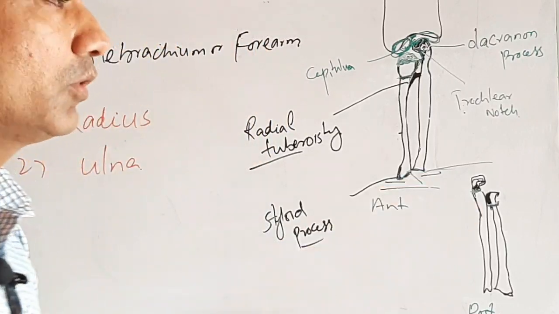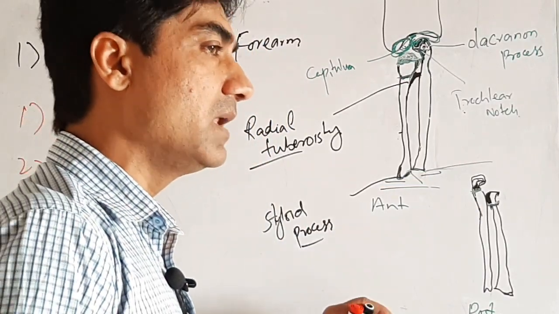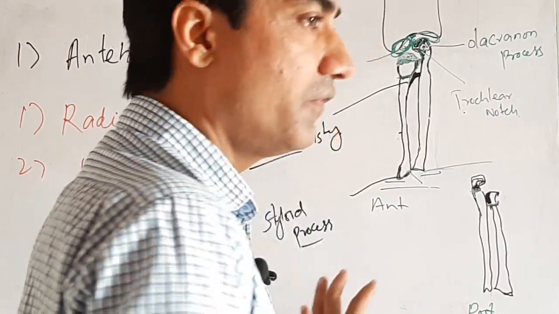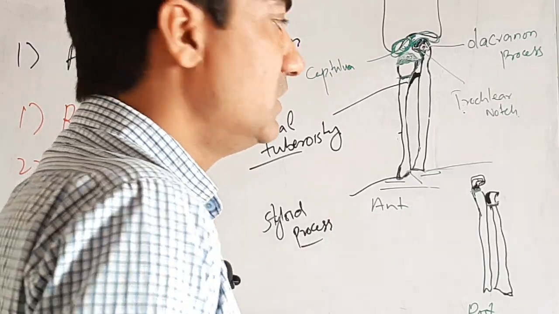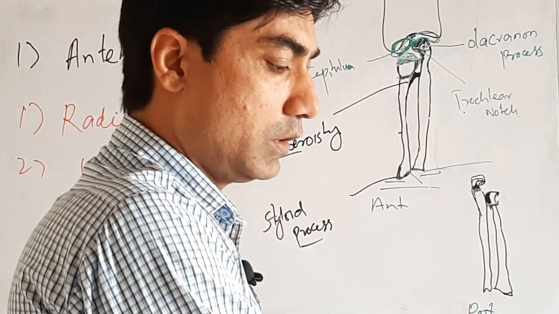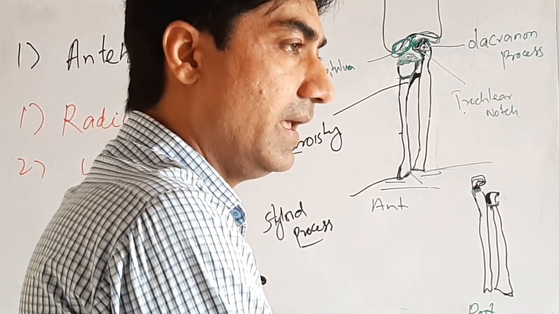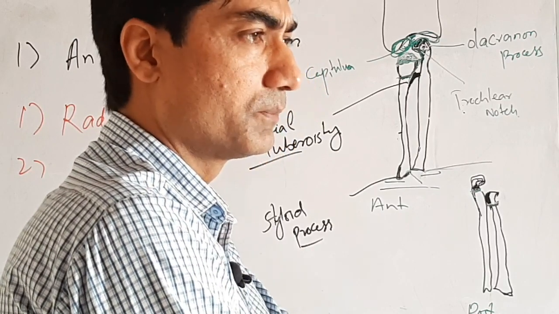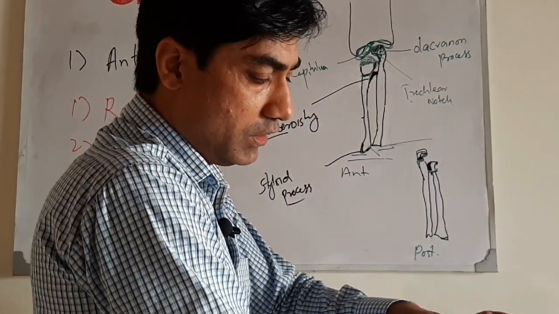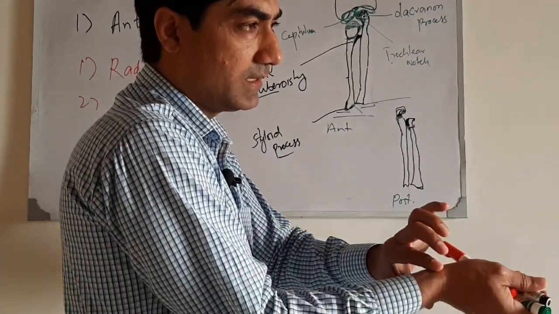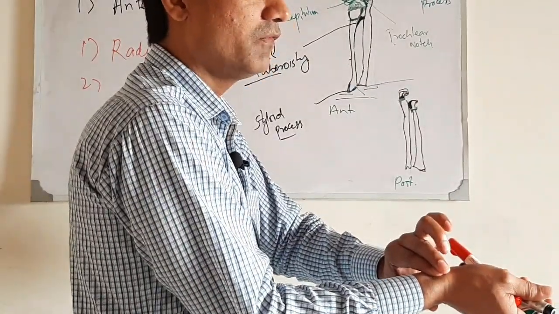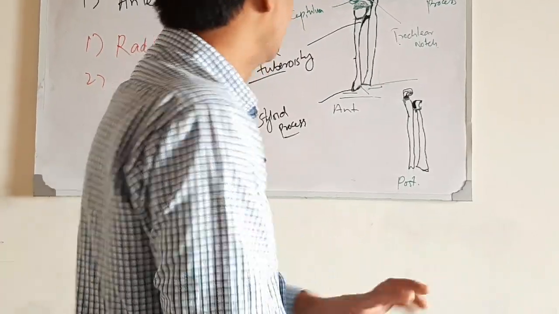The styloid process is very important when counting the pulse in a physical examination, especially the radial pulse. We can feel the radial pulse easily. Just locate the landmark of the styloid process just proximal to the thumb. Here is the styloid process. And when you feel the radial pulse, you just locate immediately medial to this process, and you can feel the radial pulse easily.